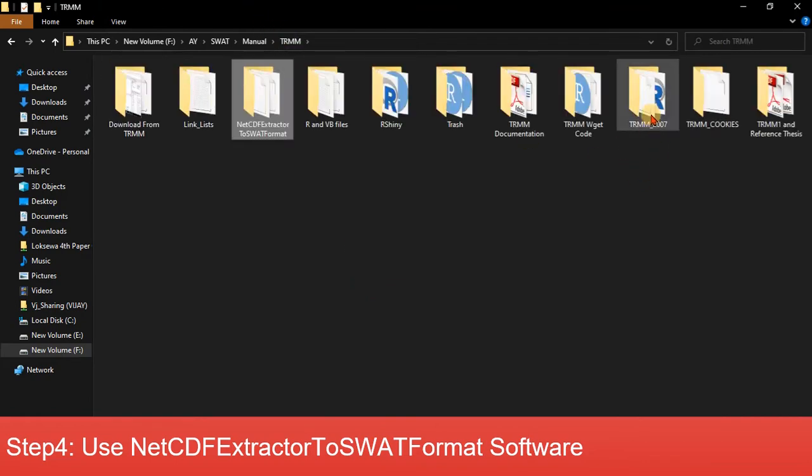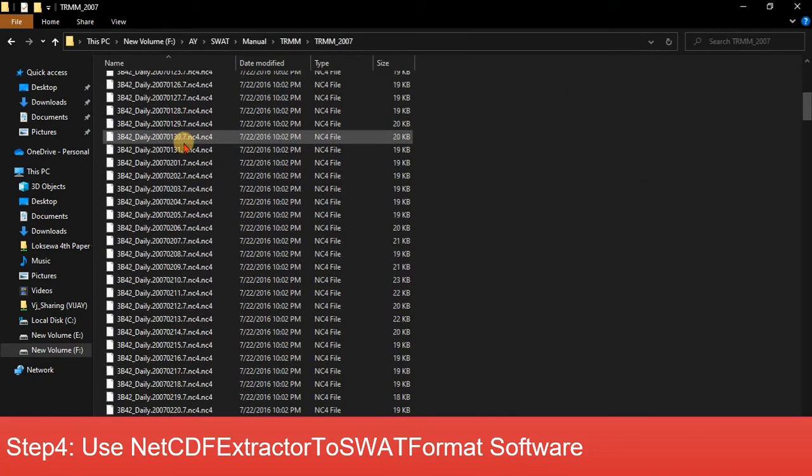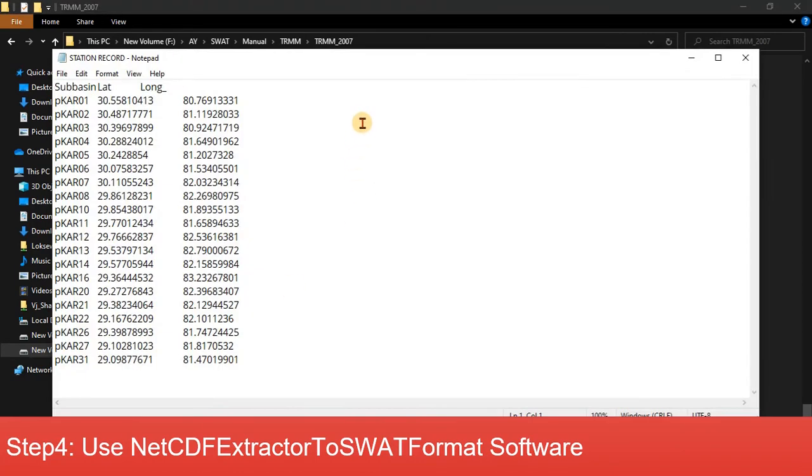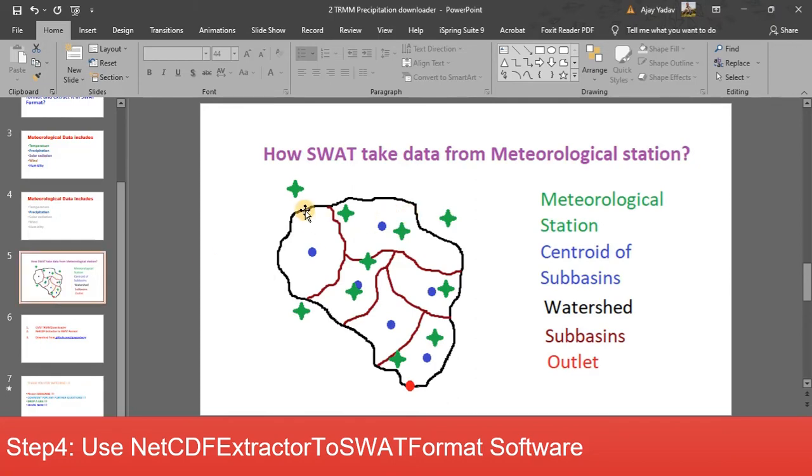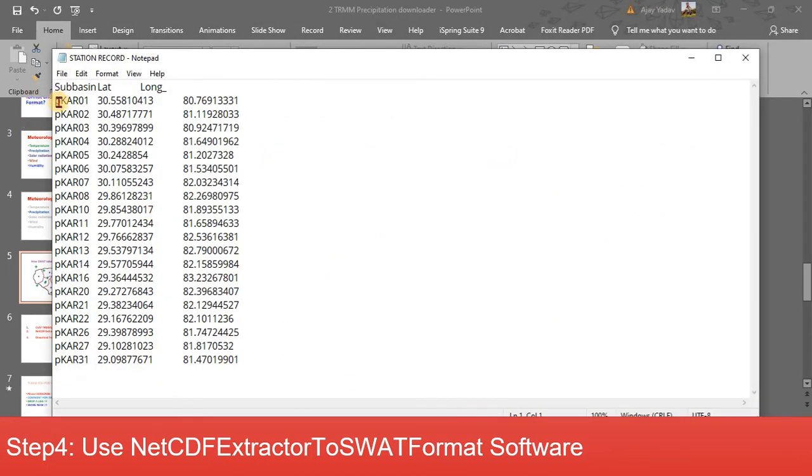Now I have already downloaded the big file here for 1 year, you can see here, and already created a station record. As I showed already, it has the name of the station and the centroid coordinate. You can get it from the GIS. So this is the name of the subbasin I have given. Name you can give anything as you wish, and the coordinate of the centroid you can extract from the GIS attribute table. So I have 20 data here,